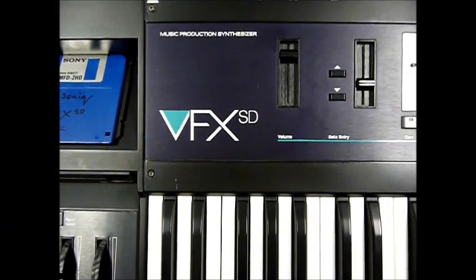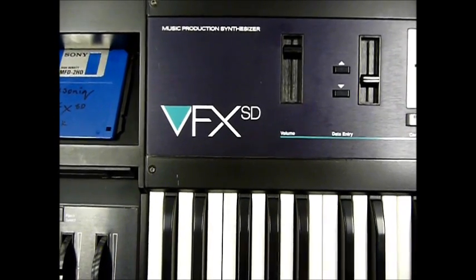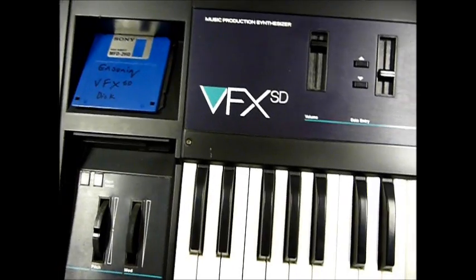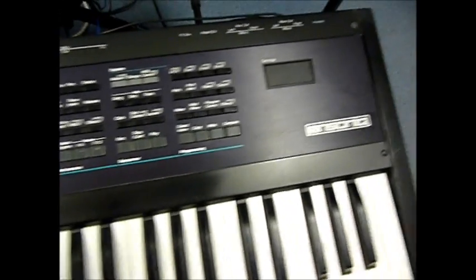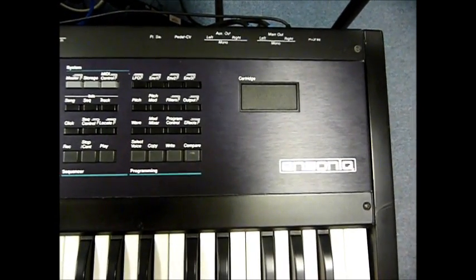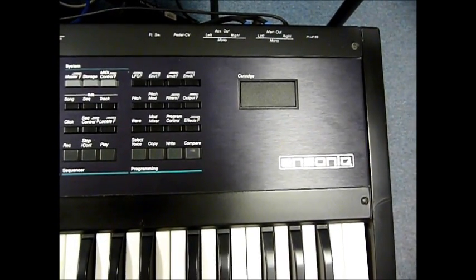Right. This is the Ensoniq VFX SD. It differs from the original VFX in that it has a sequencer and a disk drive. The disk drive is very useful if you want to back up your stuff because the cartridge slot, which here is empty, you can get the cartridges, but they're what, $50, $60, and it allows you to access sequences and